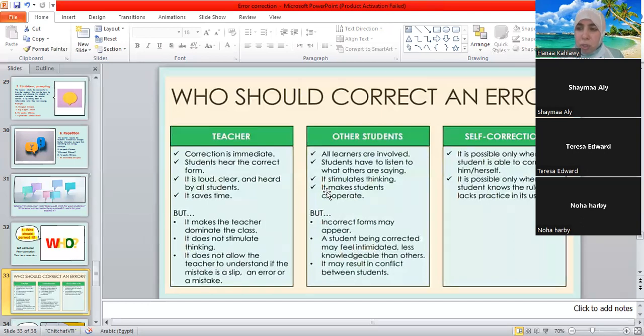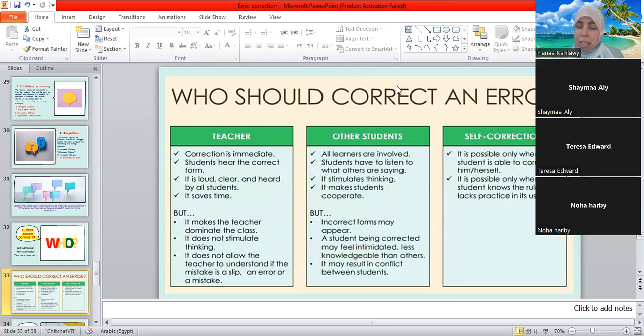But sometimes when a student feels that his classmate corrects him, he feels that he is less knowledgeable. Yeah, embarrassed somehow. Yes, exactly.